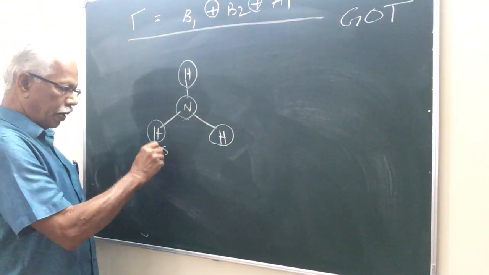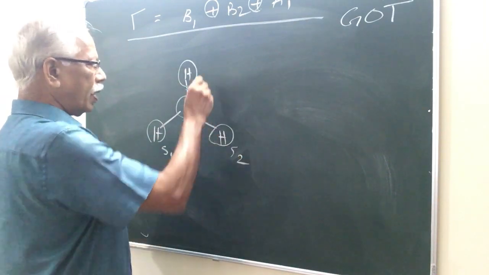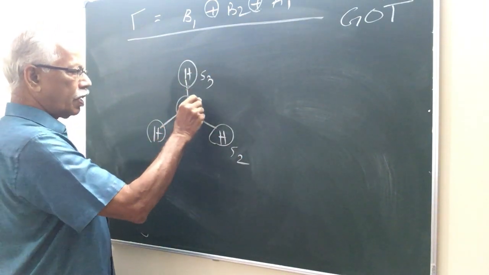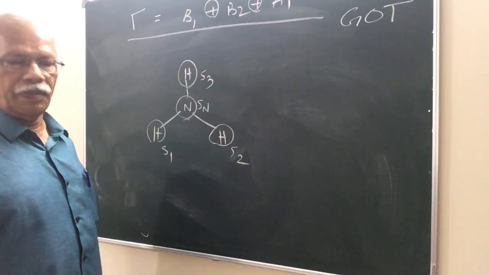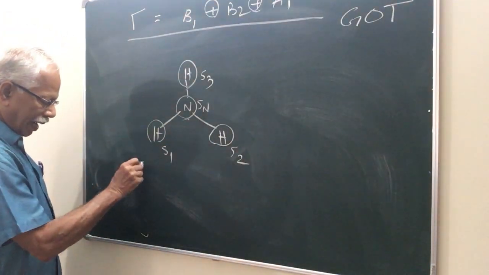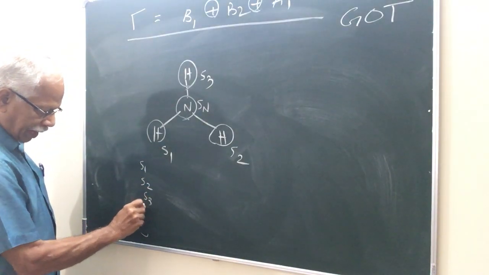Let this be S1, let this be S2, and let this be S3, and let this be Sn, the 2s orbital of nitrogen. So on the basis of S1, S2, S3, Sn,